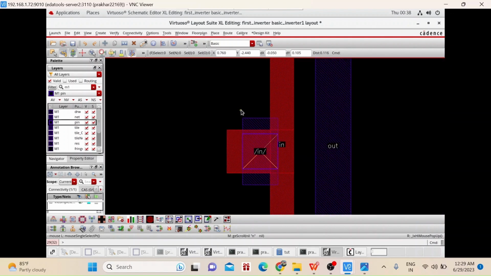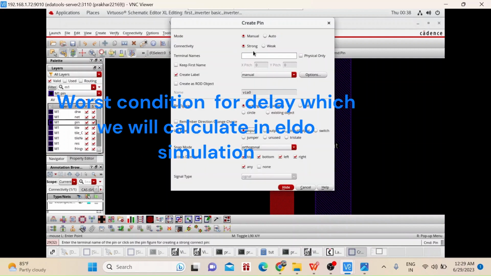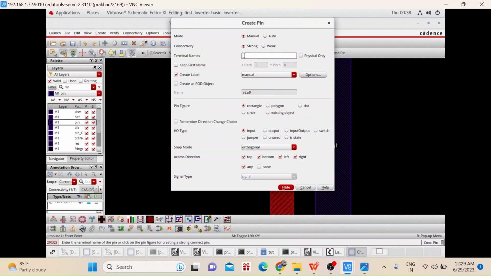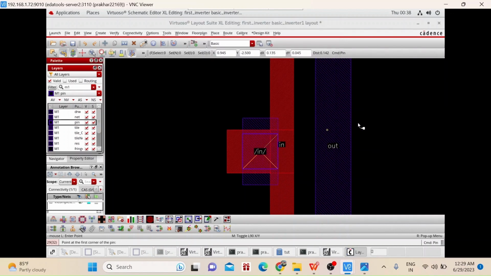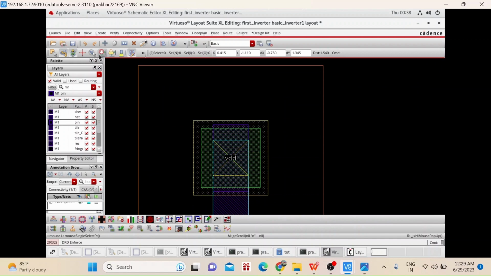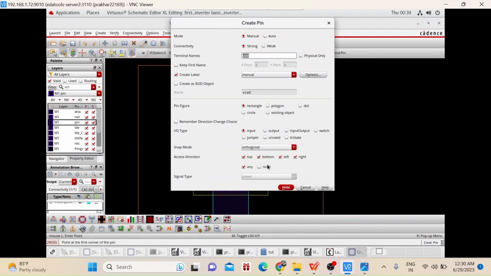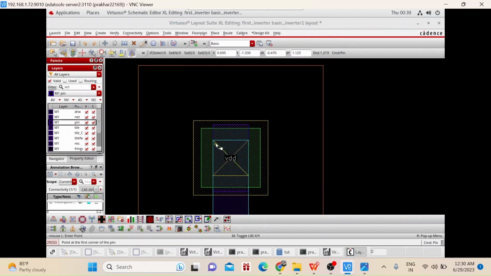Now again go to pin and search for VDD and then input pin and write. Do it very carefully.